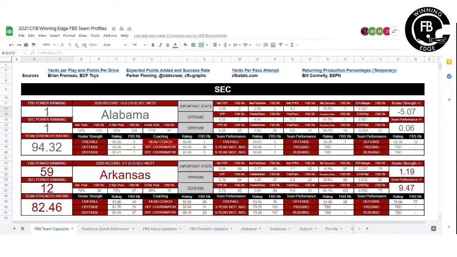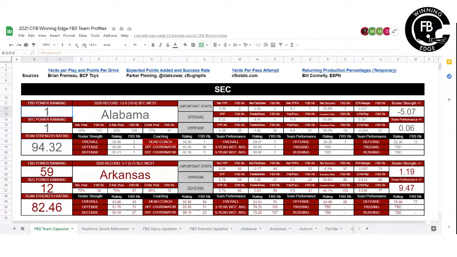We fleshed out, I think, over 11,000 of those across all 130 teams, based on a player's projected talent potential coming out of high school from 247 Sports. We've weighted and adjusted those based on their experience and career production to help some underrated players become higher rated. If they come in with a 75 rating, for instance, out of high school from 247 Sports, but go on to become an all-conference 4,000-yard passer, things like that, we tried to develop a system that would enable that type of player to become one of the higher rated individual players